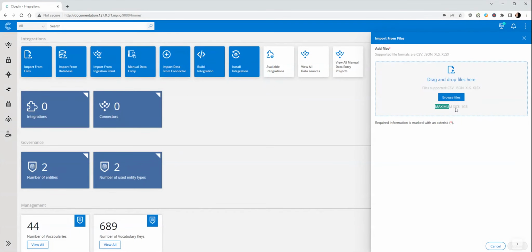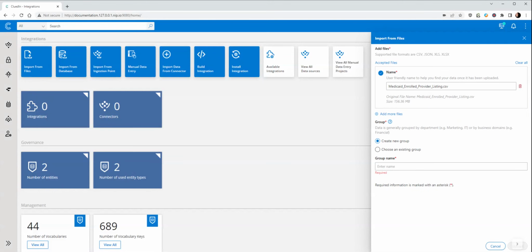And you can see that first of all, it's saying a maximum size of 1 gigabit. Now this is just the actual default. This can be configured to be as large as you absolutely need, but as soon as we're working with large files like this, there's often a better way to handle this, such as our integration with our ingestion endpoints, or maybe directly pulling the data from a database or one of our connectors. But in this case, we're going to leave the default of 1 gig, and then we're going to upload a